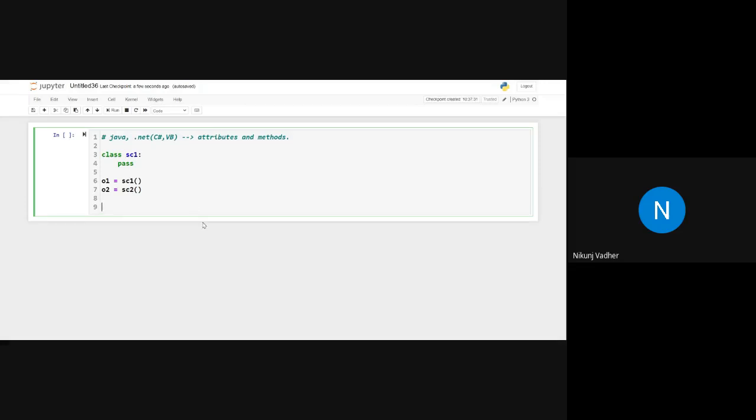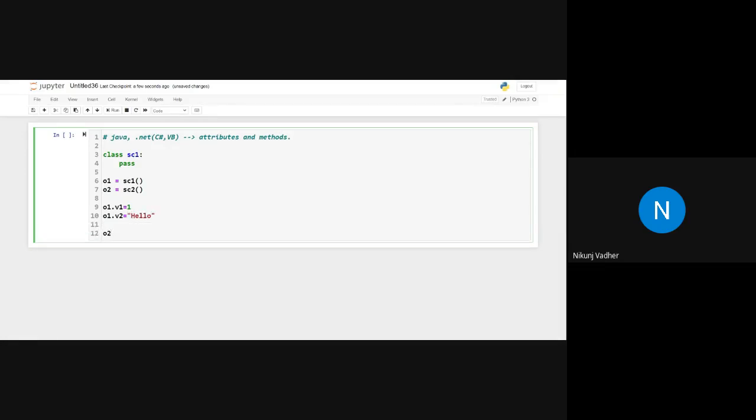Now let's assign some variables to the class, to the template. Let's say O1.V1 equals 1, O1.V2 equals hello, O2.V3 equals, let's assign the value 5, O2.V4 equals, let's assign the boolean value true.